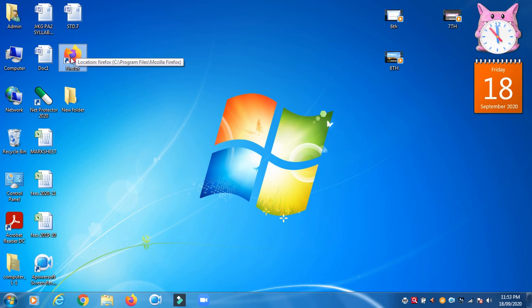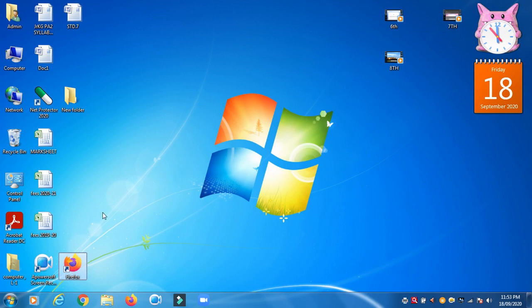Next one is arranging icons. You can place icons anywhere on the desktop by selecting and dragging with the help of the mouse. I want this icon at the bottom, so just click the left mouse button and drag the mouse down. So like this you can change the place of an icon on the desktop.